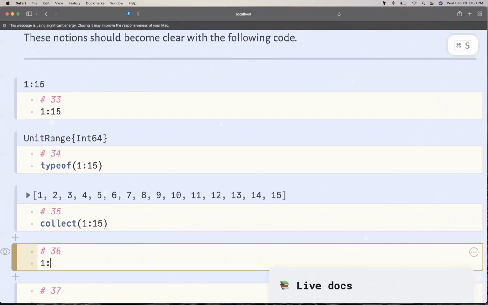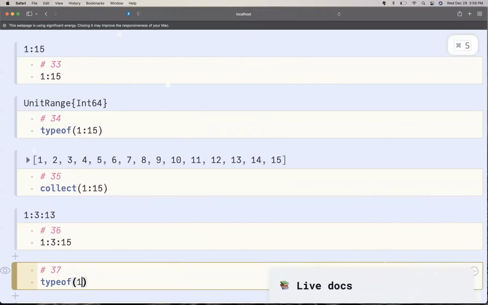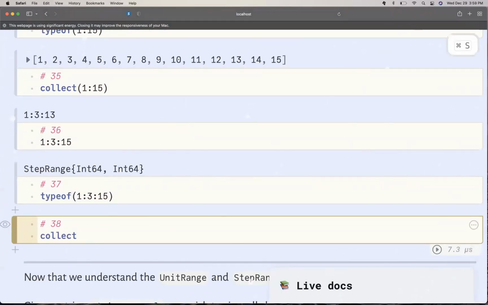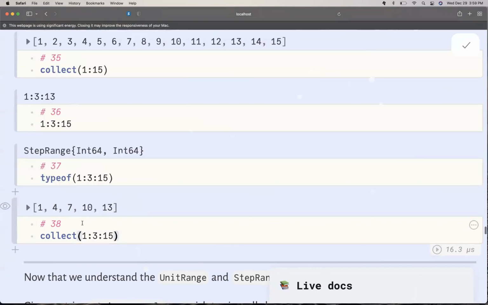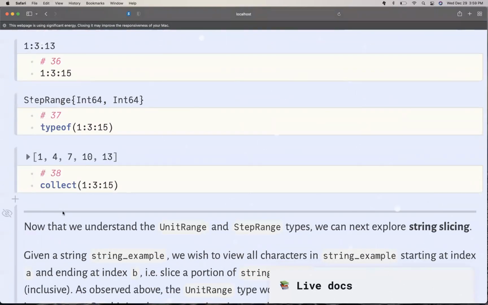If we want to include a step size, maybe size 3, let's check the type of it. And then let's go ahead and collect that. All right, so we see that we have 1 plus 3, 4 plus 3, 7 plus 3, 10 plus 3, and then we stop here because 13 plus 3 is larger than 15. So this is the largest integer less than or equal to 15 that can be reached by adding multiples of 3. Okay, so hopefully you understand the UnitRange and StepRange types now,